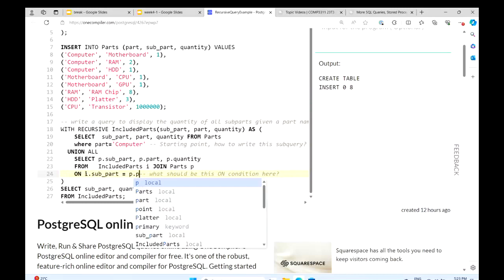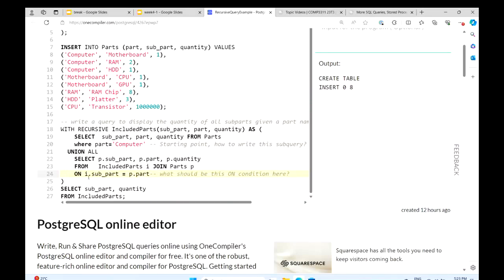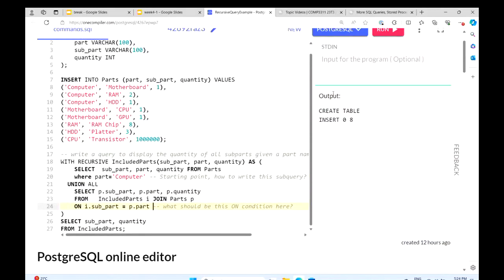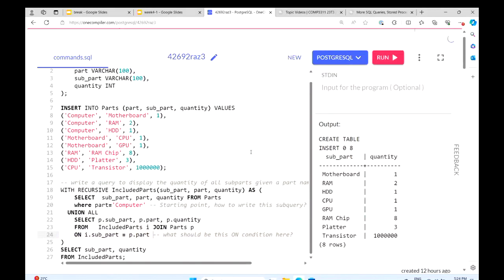So this is the condition here. We have the parent, we want to grab the child, so we set the subpart of the parent to be equal to the name of the child. This is how it works. And let's see. As you can see, we have grabbed everything together into one table with the recursive query.